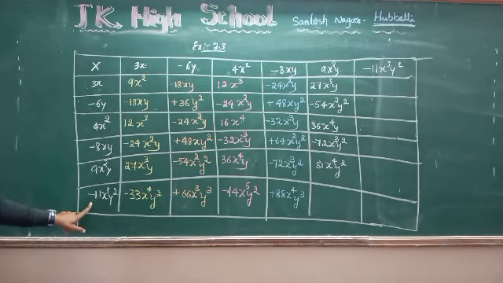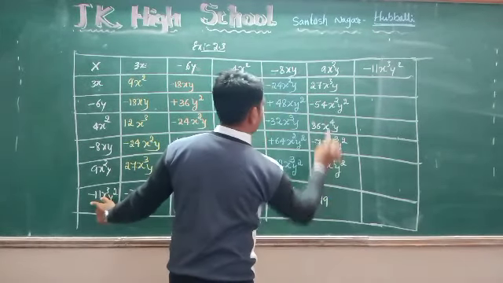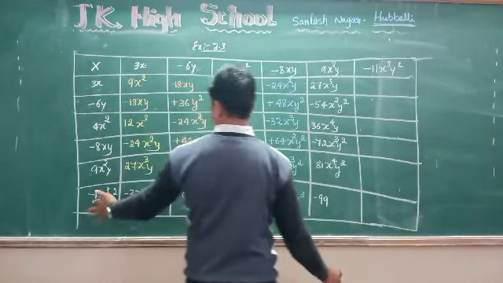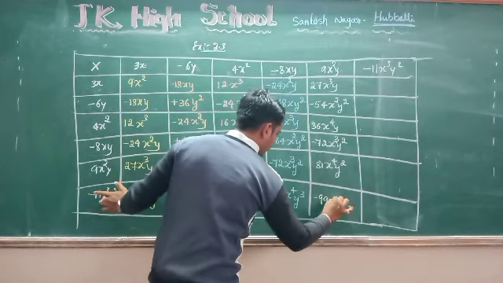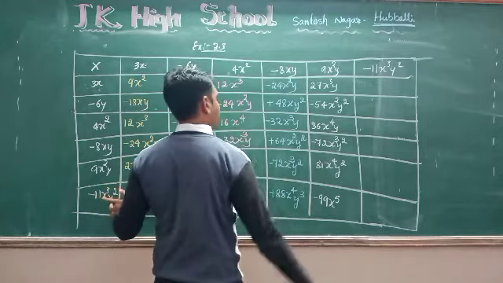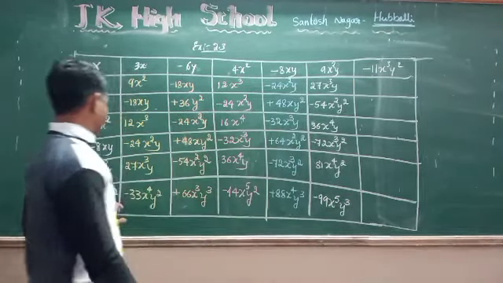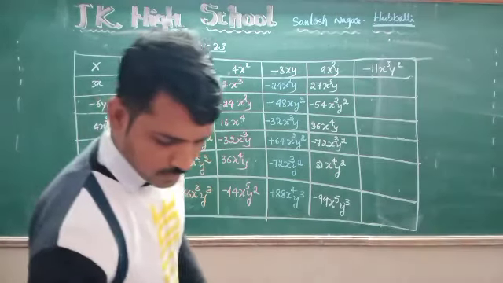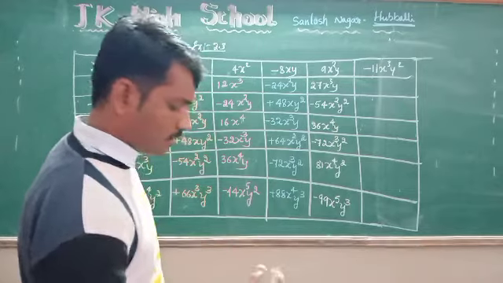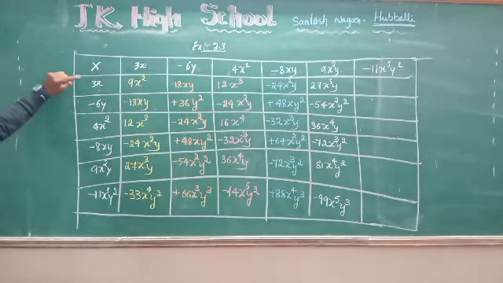Okay. So last one, 11 9s are 99 because here plus and this side minus is there. x square and x cube, x to the power 5. y square and y to the power 3, because y to the power 2 plus y to the power 1, how much will it become? So it will become y to the power 3. First row, last column.